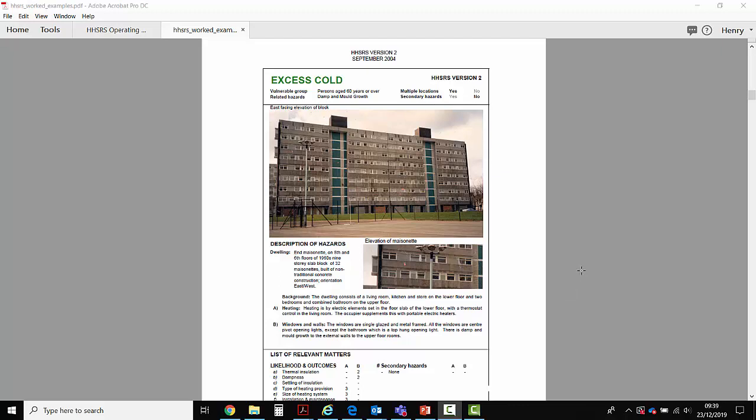So you can choose one or the other. The worked examples that are associated with this program, which I think might be the file entitled Henry's Worked Examples, are very helpful because there are more to choose from. So it's much more likely that you're going to be able to find one that's very similar to the property